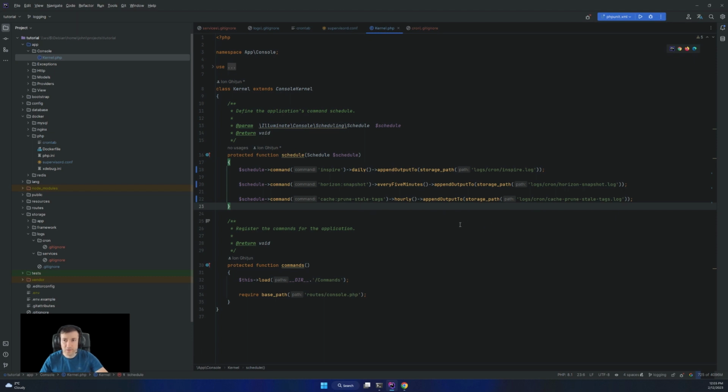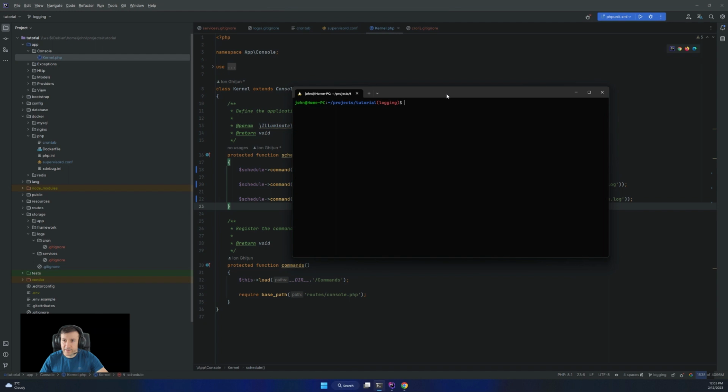Now we are ready to rebuild our containers. I've created a new branch, and like I said, I want to rebuild the containers. In order to do so, I'll run the up -d command with force recreate and build.